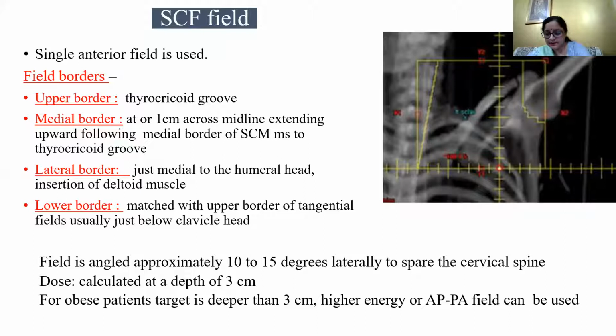So let us again discuss when we are giving tangentials. Level 1 axillary and part of level 2 axillary are covered in the tangential fields. The medial supraclavicular field takes care of the level 3 axillary. But if there is extracapsular extension, then we need to treat the entire axilla, for which we need to modify the supraclavicular field and include some part of the head of humerus as well.